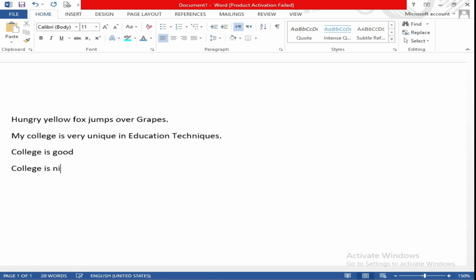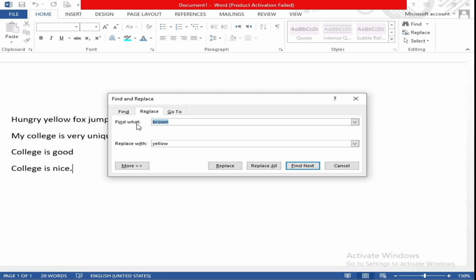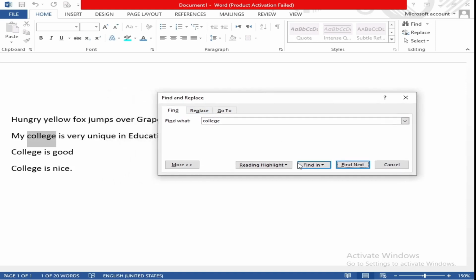College is nice. Now you want to change this word college to school. So what we will do is click on replace, write college here, and after that you can also find it from here. As you can see, it is find.